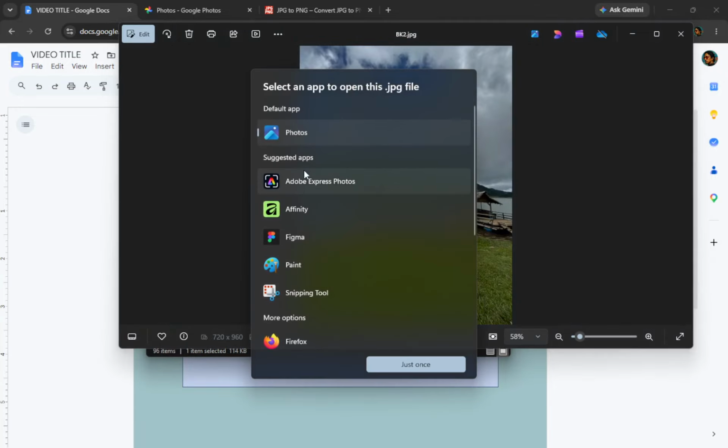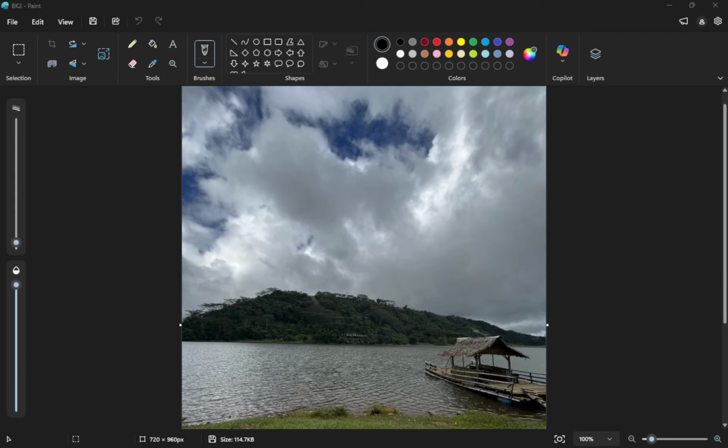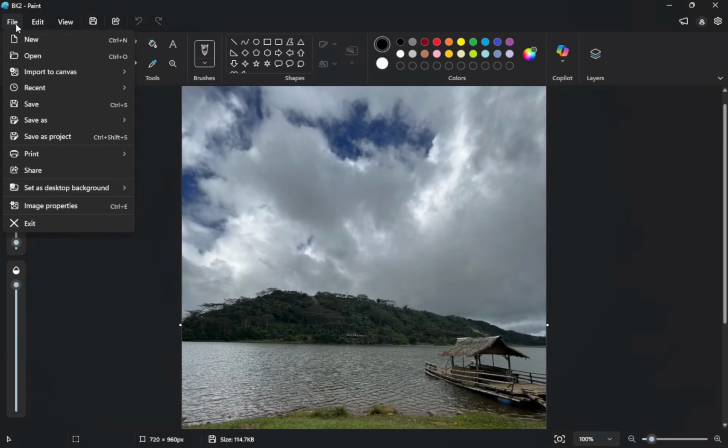Once your image is open in Paint, your next step is to click on File in the top left corner of the window. This menu will give you several options. Look for the one that says Save As. When you hover over it, you will see multiple formats. Click on PNG Picture. This step is crucial because choosing PNG ensures that the image quality is preserved and transparency